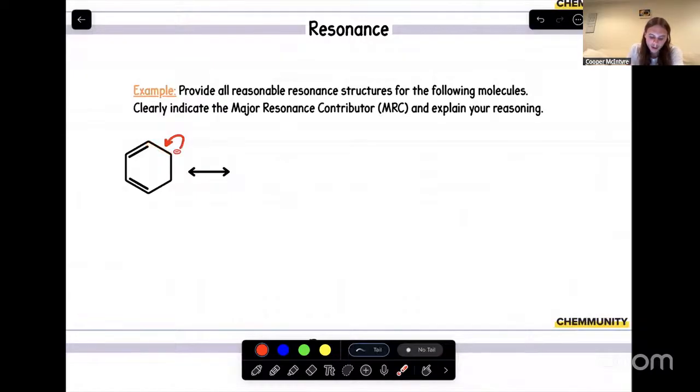And then since we're forming a new double bond between these two carbons, we have to remember this carbon right here is bonded to a hydrogen. If we show that double bond in purple, this carbon has 5 bonds, which it does not want. It only wants 4 bonds. So to make carbon happy and maintain 4 bonds, as we're dropping these lone pairs down to form a new double bond, we can kick these pi electrons back up to form a lone pair. We'll showcase what that looks like.